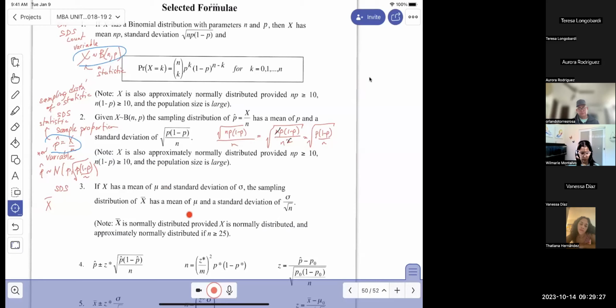We know that it'll have the same mean, but the standard deviation, because we're just looking at a distribution of means, those means are closer together. Okay, they're more common, or they're more narrow than the overall values themselves. And so that is captured here. And actually, mathematically, it turns out, because of the way we derive X, the distribution that is normal with a mean of mu and sigma, we can find that the standard deviation of X bar is smaller than sigma by exactly this factor, by dividing by square root of n. So this is true